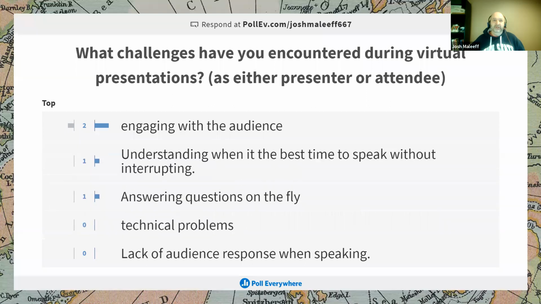Being able to answer those questions on the fly has a lot to do with how well you know your subject matter and how well you can improvise those answers and be flexible with it.